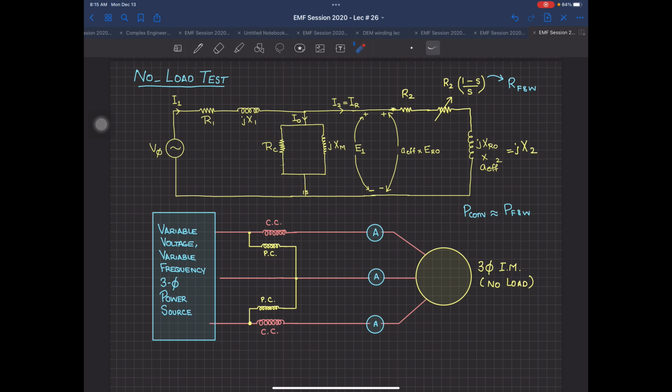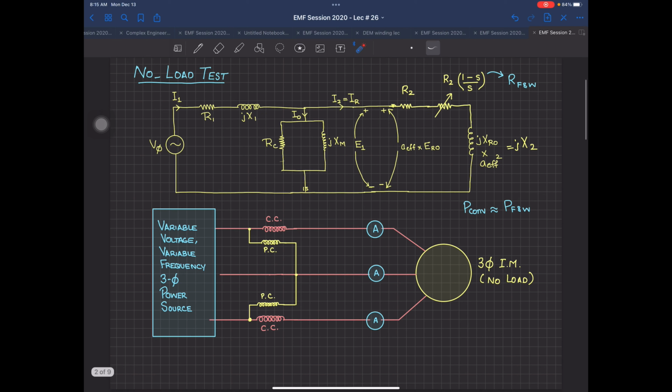So when you're going to do a no load test of this machine, one thing I guess you will witness when you're doing this experiment in the lab is that in the lab every machine is connected with another machine mechanically. So this means that the machine on which you are going to do a no load test is not actually totally no load. It has some load because the shaft is connected with another machine, because we always have a motor and generator coupled together. If this machine is working as a motor, the other one works as a generator, or vice versa, and so on.